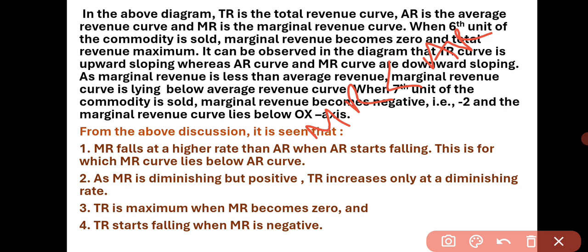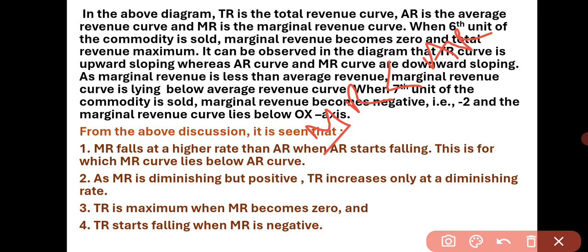With more and more units of the output sold in the market, the marginal revenue of the seller is always less than that of average revenue. This is already discussed in the table and diagrams given. This is why the MR curve is always below the average revenue curve,